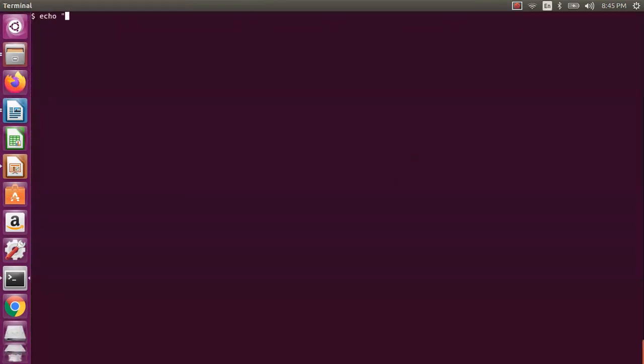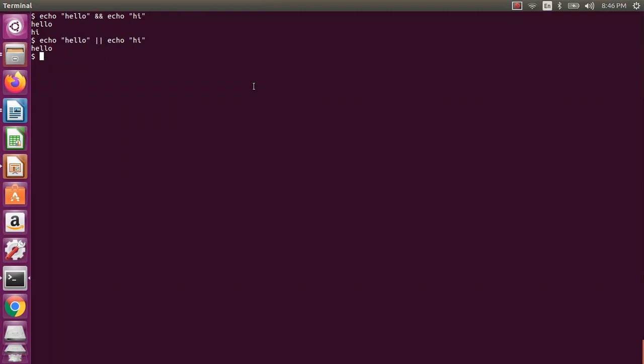Now let us assume I say echo hello, and then the and statement, double ampersand, echo hi. If you see this, both will be printed. Now let us assume I use the OR instead. Now only one thing is displayed. Why? Even though I have given two print statements, here both are executed, but here it is executed only once. Why? We'll see that.